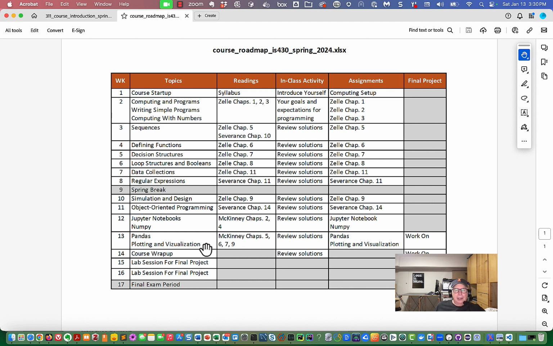matplotlib. You can do some plotting that's implemented in matplotlib, but you can actually use the pandas interface to some plotting. So we're going to do some of that too. And